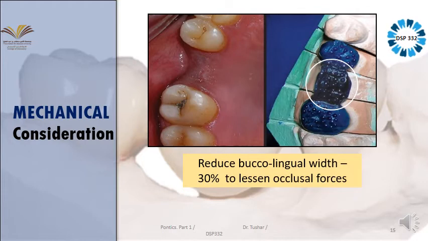Right. So when you have a pontic in your clinic from the laboratory, try to evaluate the surface area. Don't just look blindly, try to evaluate the surface area. Or if you have any opportunity to go to the fourth year clinic and see their pontics or their bridges, then try to visualize and analyze how the surface area of that pontic compares with the surface area of natural teeth. You will come to know that it is reduced by up to 30%, not more than 30%.